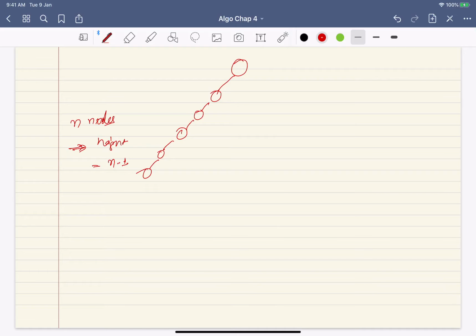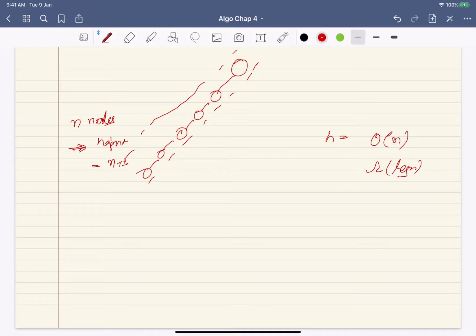So that means height is order n, but it is also omega log n. This is very crucial: height is not order log n, height is order n but omega log n. In a binary tree I can have a tree that is completely skewed towards the left.